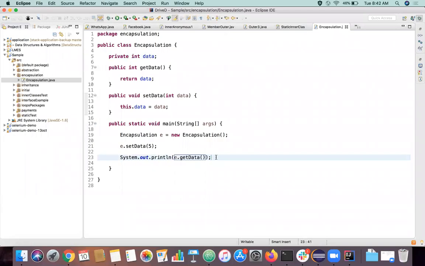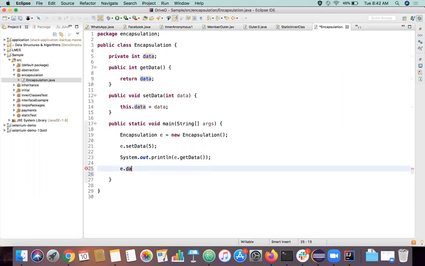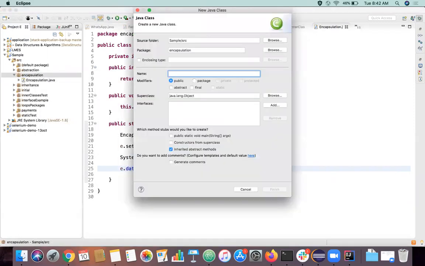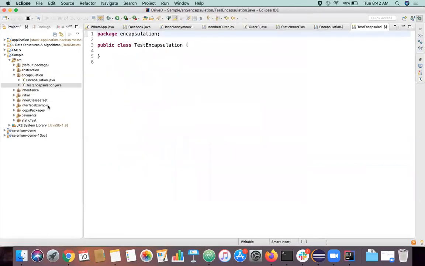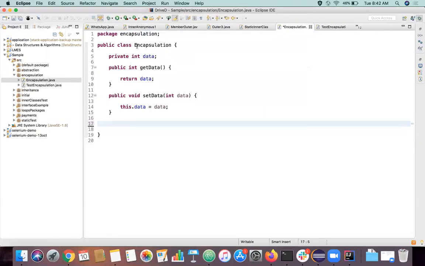What is the idea? This is a method which is available in the same class, so I'll be able to access this data directly here. But generally, imagine this scenario. I can access this data directly, manipulate something similarly here, like I can change the value also. But generally, imagine I will not have this main method in my class itself, right? Let's remove this main method and create a new class to test this. I'll just cut this and paste it here.